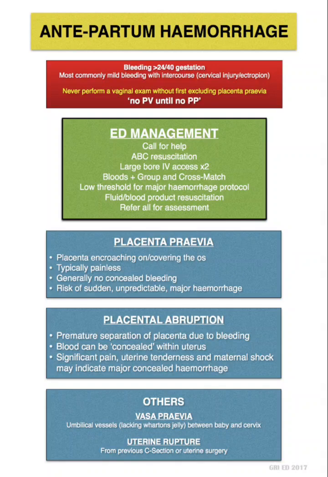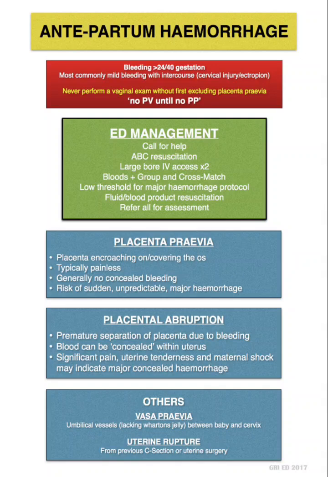Now coming to the difference in the presentation. Both will present as uterine bleeding in the third trimester. As told earlier, there will be pain in abruption and none in placenta previa. Now coming to the color of blood. It will be bright red in placenta previa, whereas it will be dark, altered blood in abruptio placenta. Now coming to the examination findings, the presentation will be really acute in abruptio, and it will be a chronic process in placenta previa.